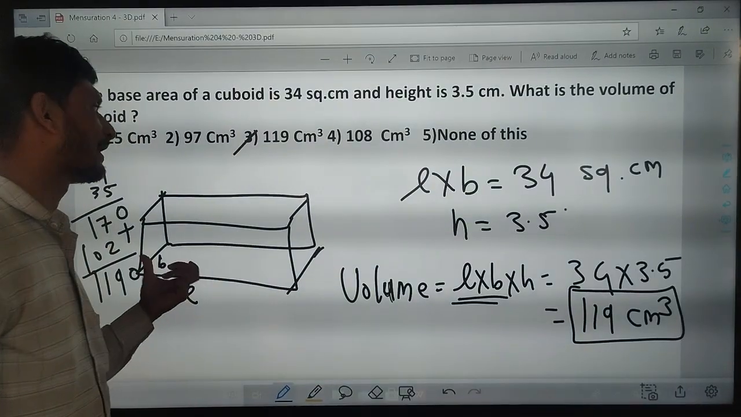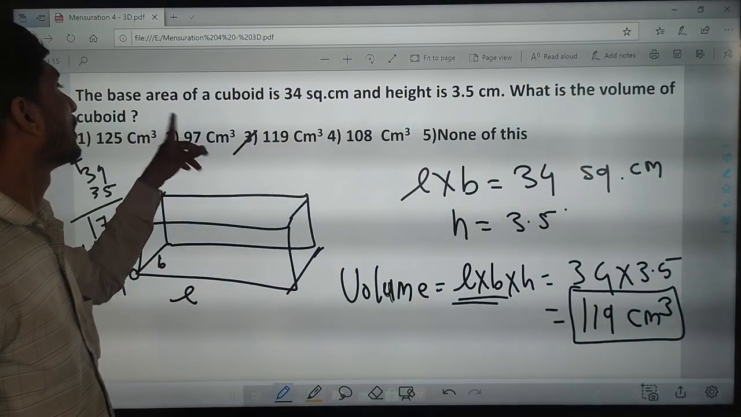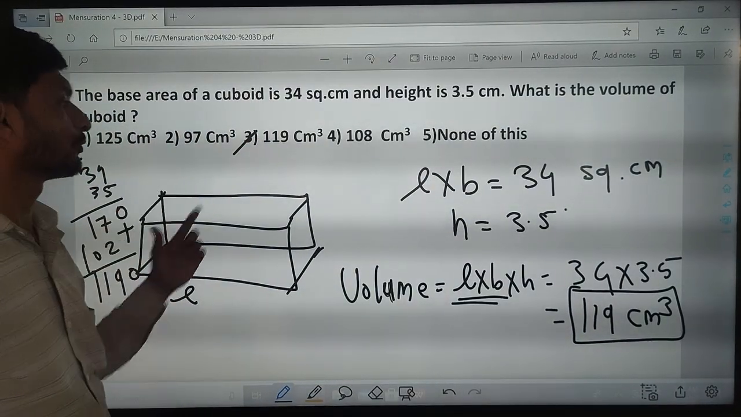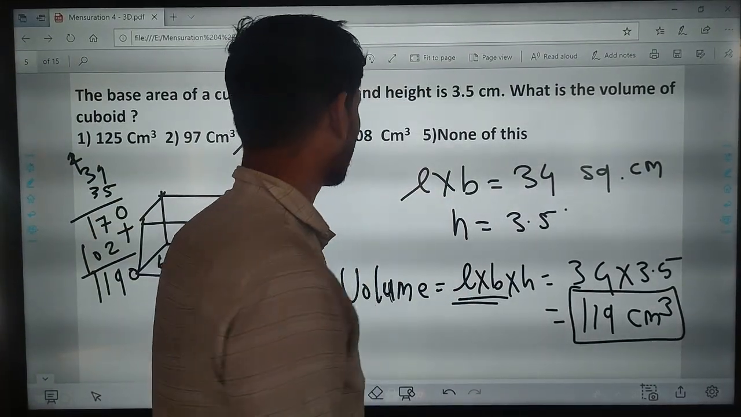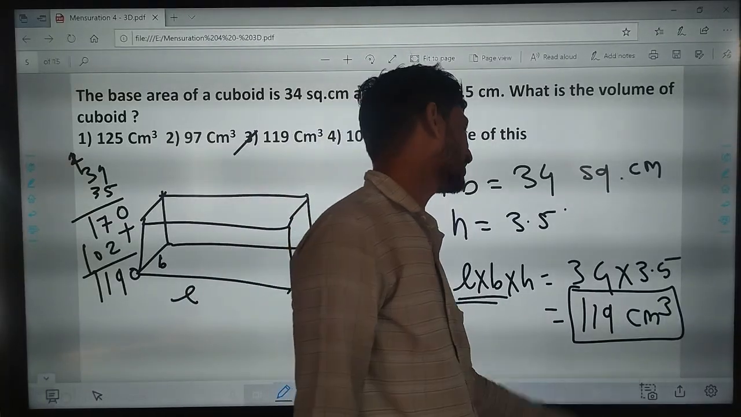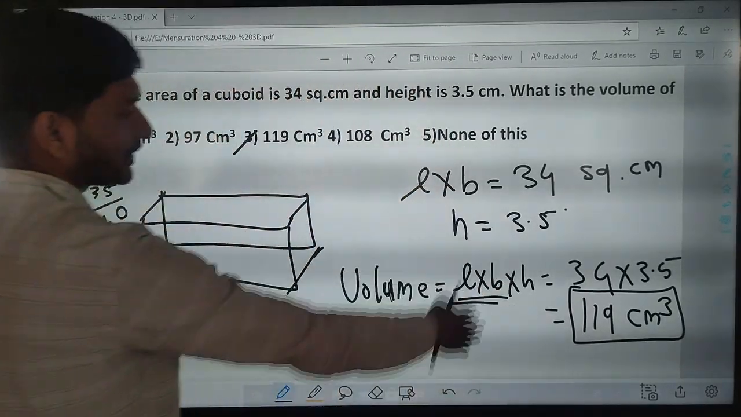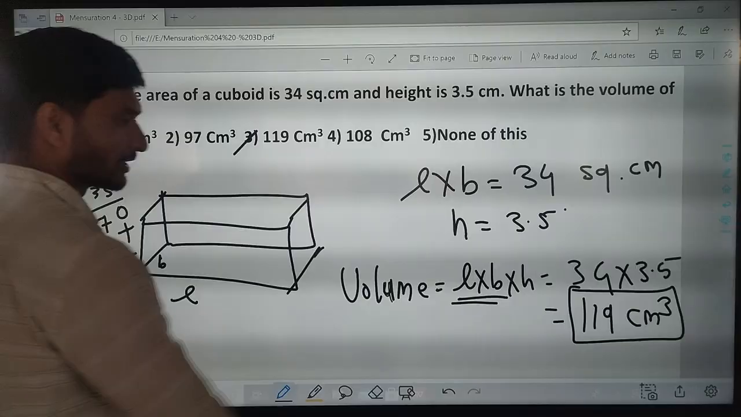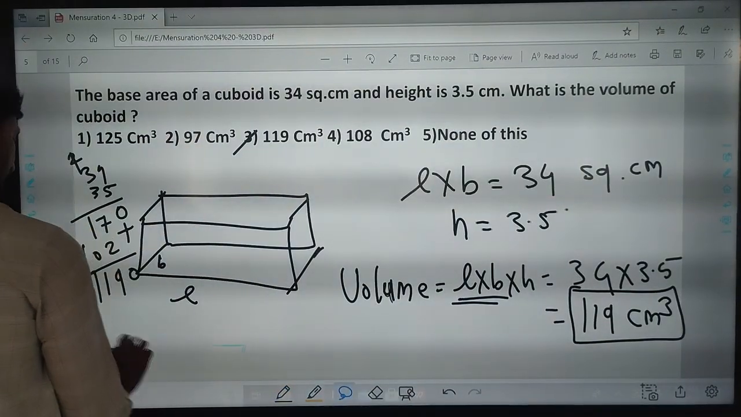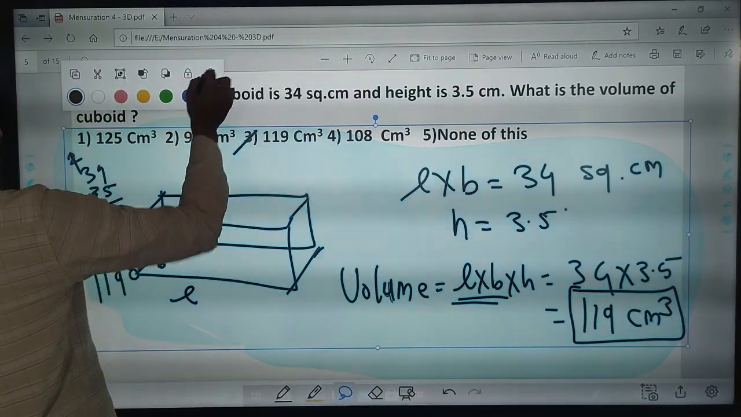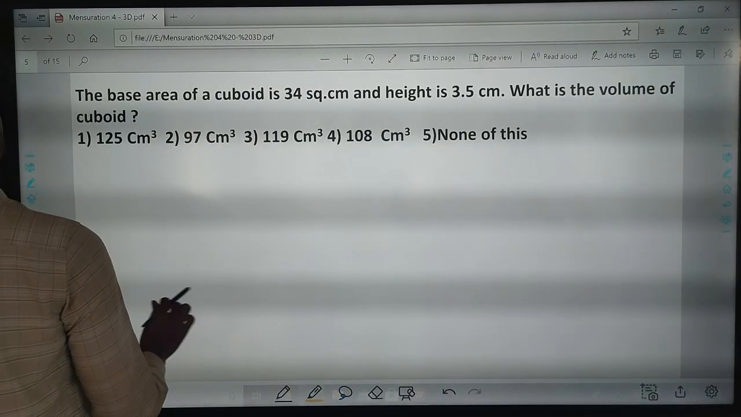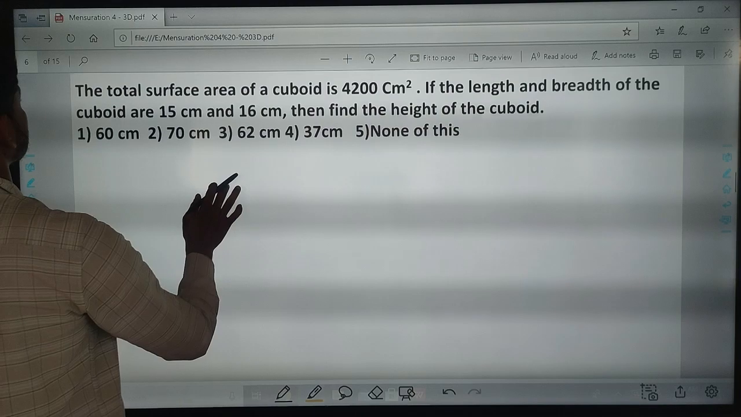Here the base area of the cuboid, that is L into B, is given. Then the height is given. Then the volume of the cuboid is L into B into H. That is, we only multiply these two terms and we get the answer. Now next,